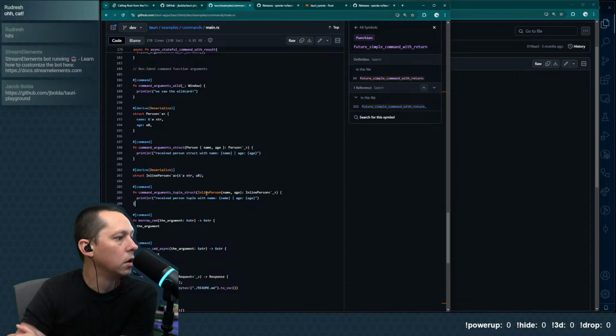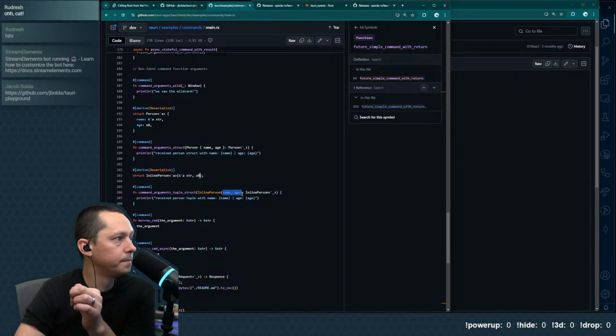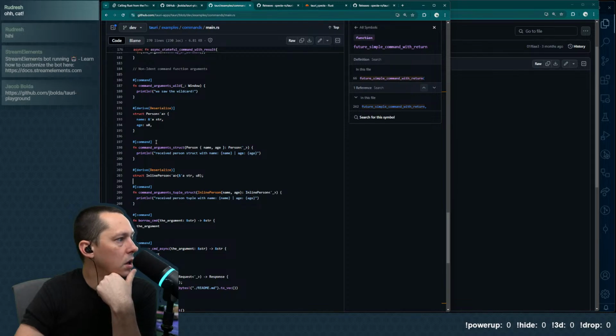We're specifying a struct and then we're basically adding in the args, which is accepting a string and a UUID. So the type doesn't matter, but the argument names matter. And that's returning that inline person.